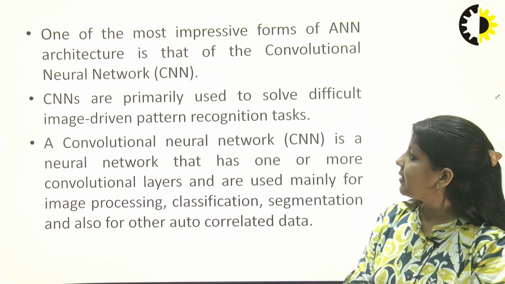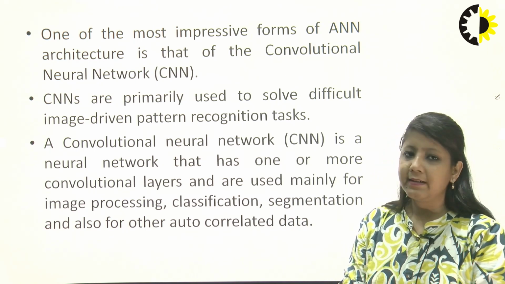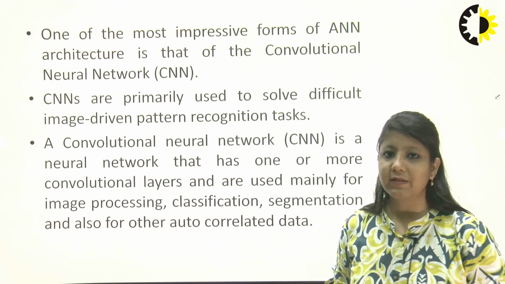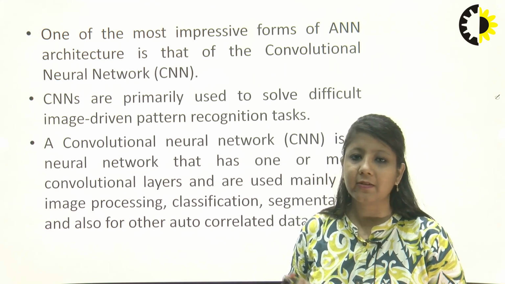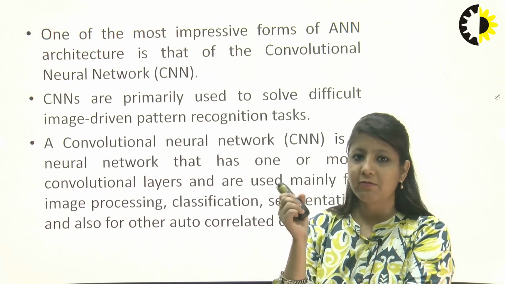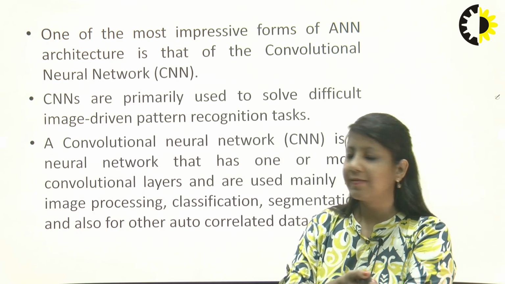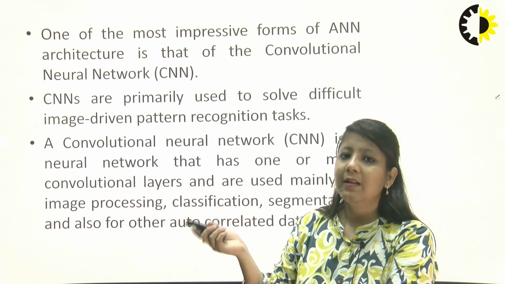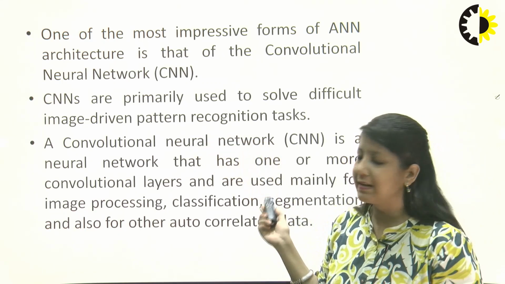The term convolution means we have to apply some filters on the images, and that's the name, neural network. We already know the purpose of a neural network. We can apply the neural network approach on linear data as well as non-linear data. But in this case we use the word convolution because we want to filter our images as well. Data can be in the form of images also. So if we want to classify our images, we have to apply CNN, a deep neural network technique, and this is primarily used to solve image-driven pattern recognition tasks.